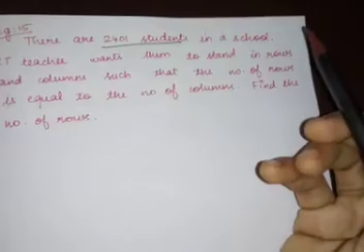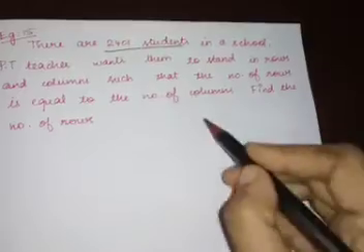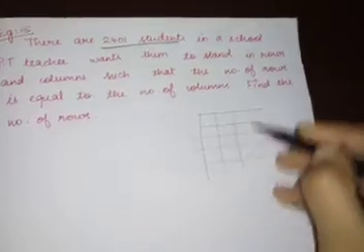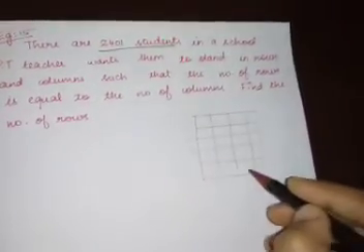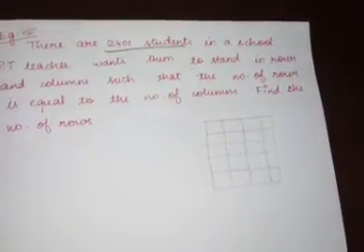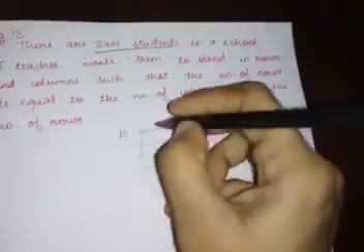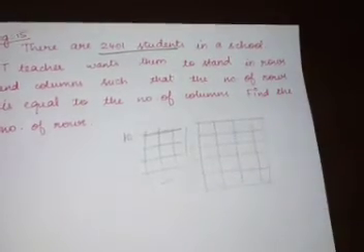There are 2401 students in a class. The PT teacher wants them to stand in rows and columns. Row means this, column means this. It's like how you stand for some exercise on sports day. Some rows and columns will be there, no? The PT teacher wants you to stand such that the number of rows is equal to the number of columns. If there are 10 rows of students, there will be 10 columns. Like that they should stand.